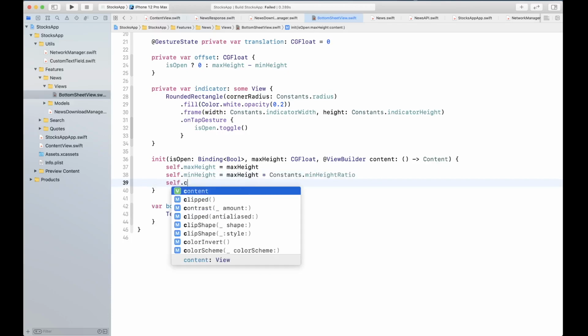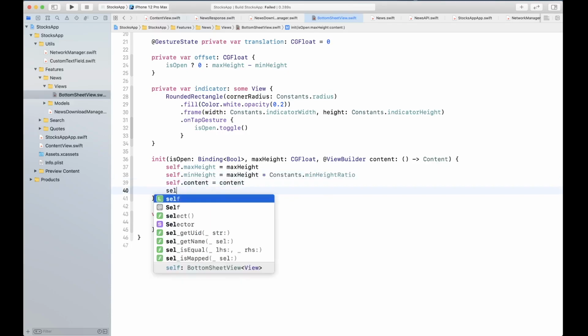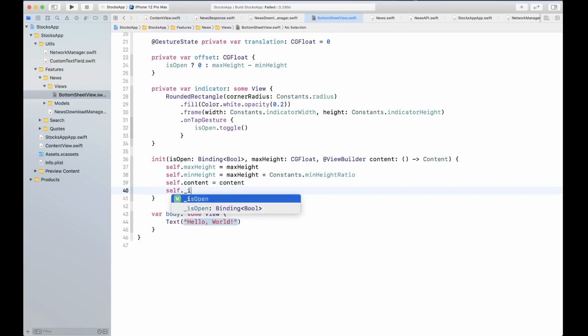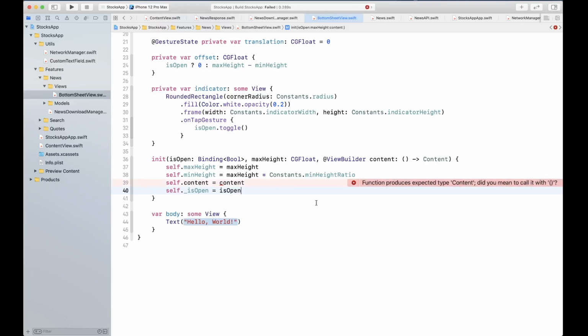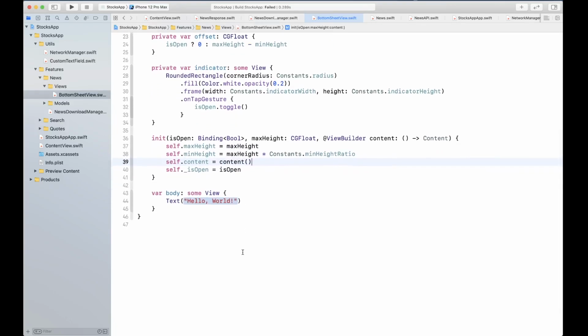We populate self dot content with the content that's been provided, and is open's internal property, the wrapped value, is assigned to the is open that's been passed to us.